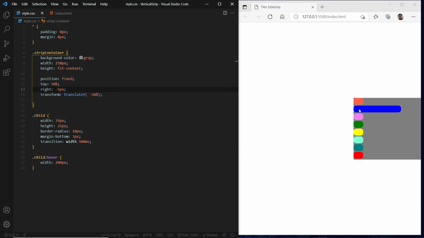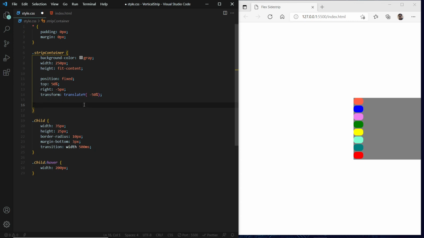Now as you can see here, still the elements are actually left aligned, and it is expanding at the right side, but we need this behavior to be altered. We want these elements to be aligned at the right edge, and when I move my mouse over it, it should expand to the left side. To achieve that effect, I will use flexbox properties. I will use display as